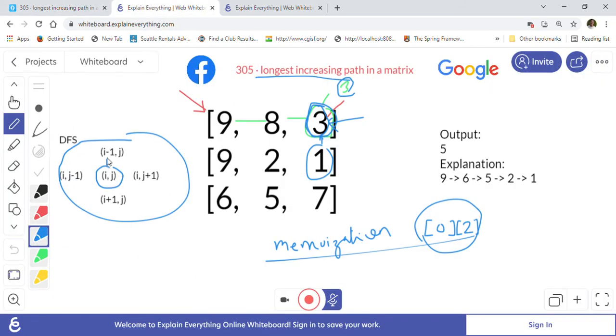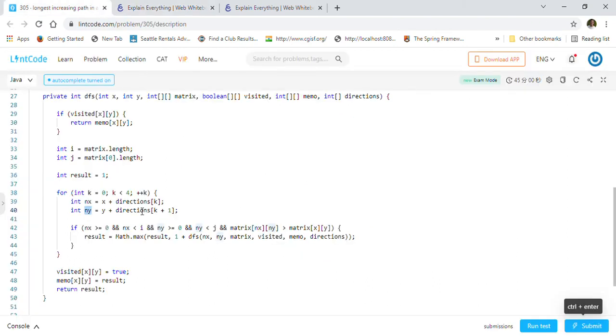For example the upward cell, downward cell, right cell or left cell, any of these 4 cells. But before visiting, we want to check whether that cell is valid, so it should not go outside of the matrix.